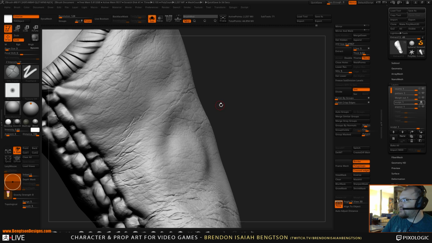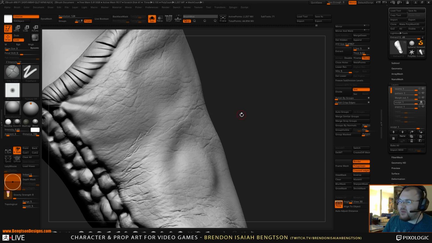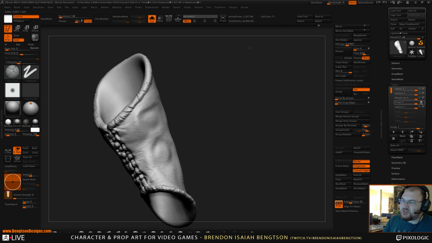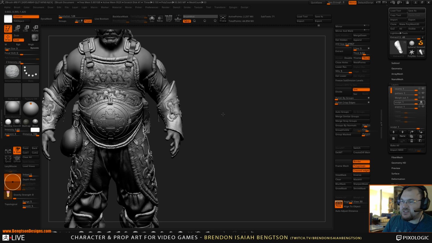Oh, good, awesome, Darkin. Cool. Super new question: when a character is not showing their body, is it worth it to sculpt the body still? I think it really depends on what you're going to end up doing. Is it going to be rigged at all? There's definitely, I mean, for this guy,